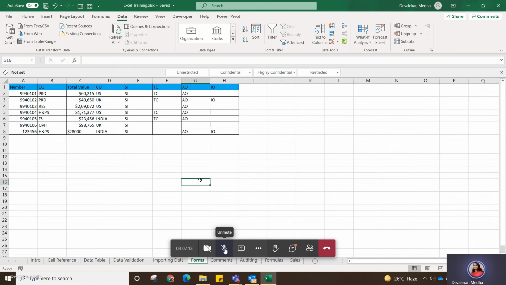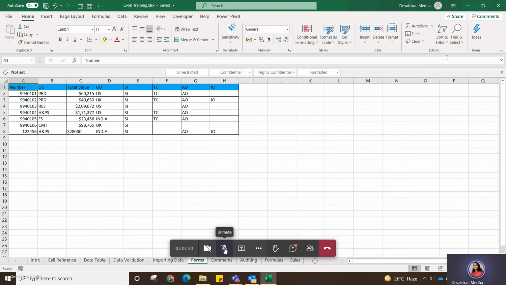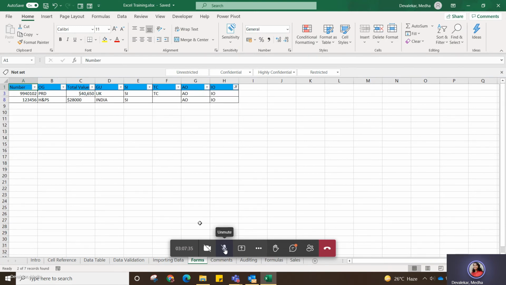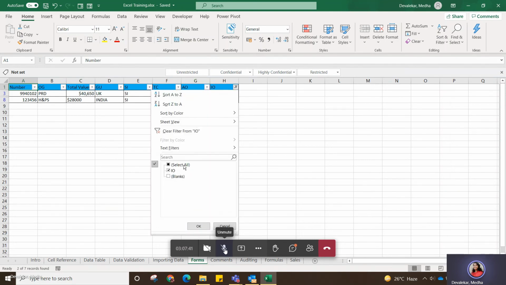Okay, so again, if you want to search, then you can do it from here also. This is something additional I can tell you. This is sort and filter. You can click on this filter, it will give you the filters. Then you can just filter out what is required. Then it will give you the limited records. Likewise, you can do this again.